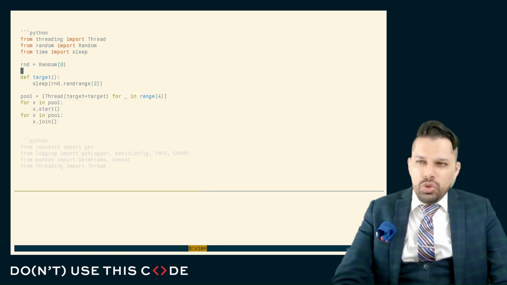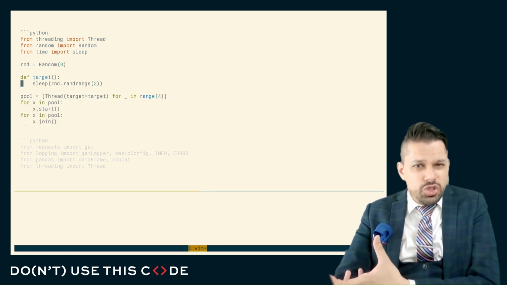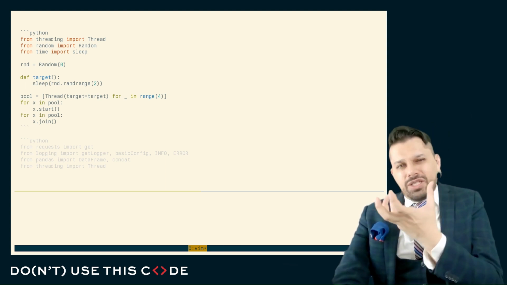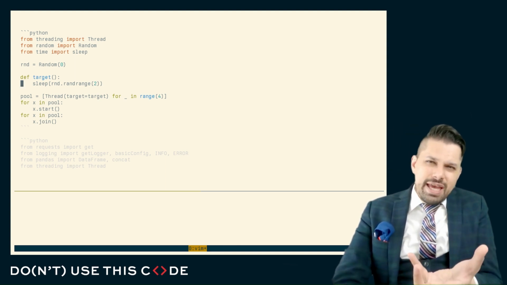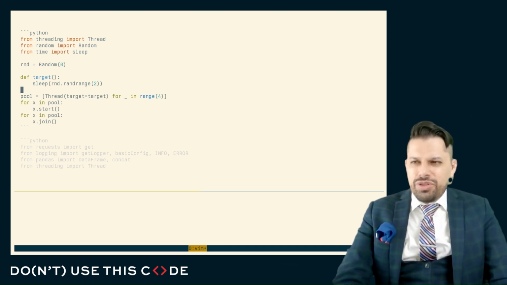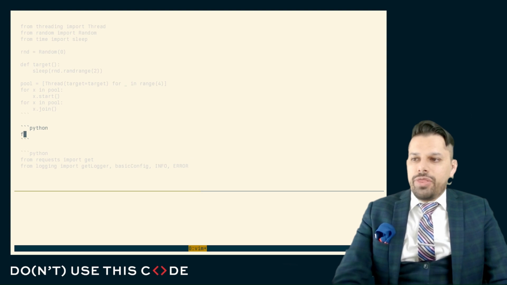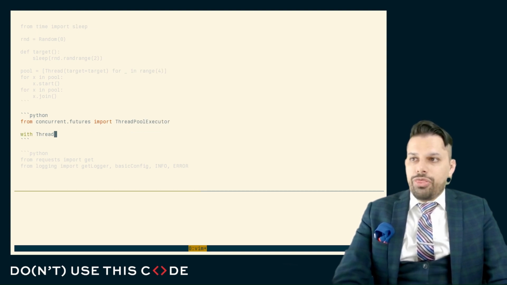Note that if I wanted to move data around between these targets, like in a producer-consumer, then I'd have to create some global variable, or I have to pass some local variable. I'd have to make sure it's thread safe. I'd have to make sure that we're passing the data back and forth, and that might be a little bit clumsy. So another interface to my threading could be to go into concurrent.futures, import ThreadPoolExecutor, and to create a ThreadPoolExecutor